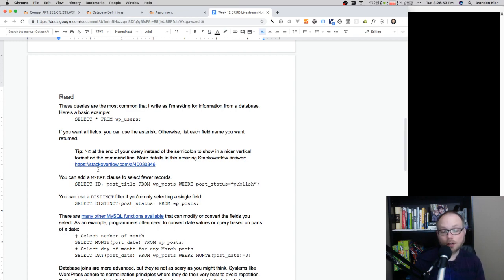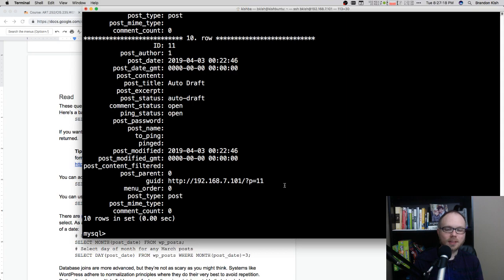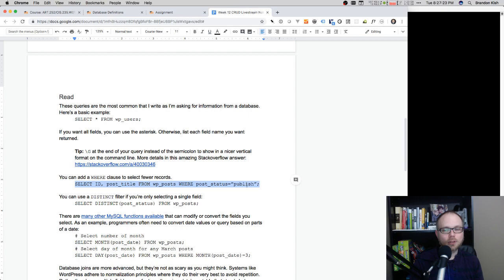Now we're just selecting all of the records, but more likely you're going to be writing queries that don't select all of them. Maybe they select just a subset. So I am going to write a query, and I should disclaim that anything in this Google Doc cannot be copied and pasted easily, because the quotation marks that Google uses are curly quotes, and the quotation marks that you type at the command line are the straight ones. So if you're trying to copy and paste from here, you're going to have to backspace and fix these quotation marks, which is kind of a bummer.